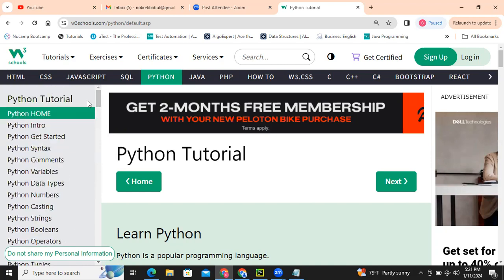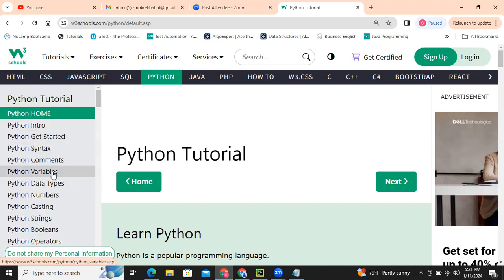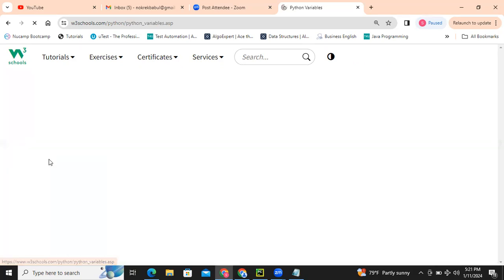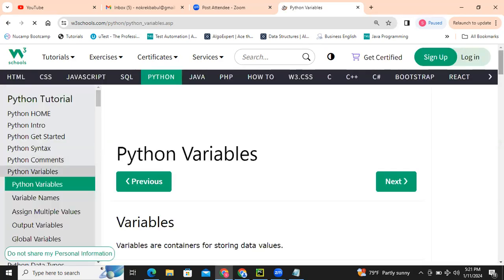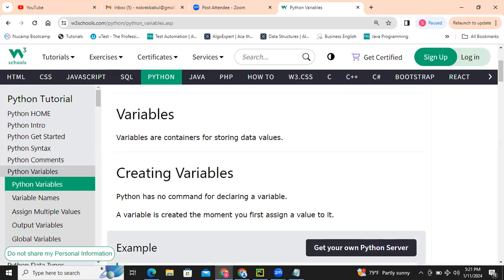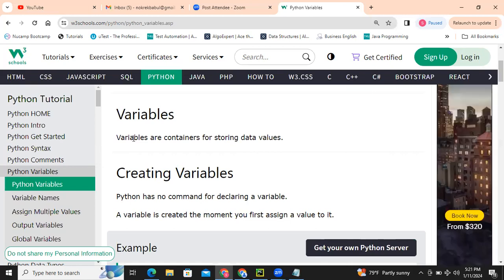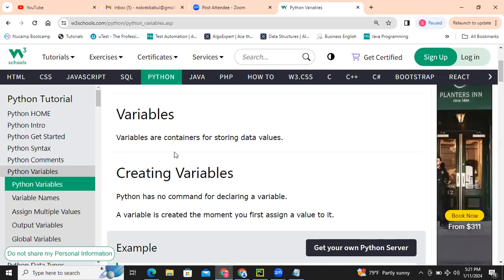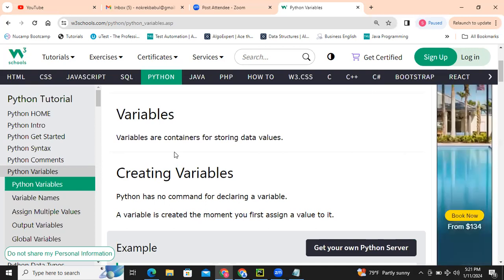In the last class, we discussed variables and also comments. What are variables? Variables are considered like placeholders or containers where you can keep the information. Yes.